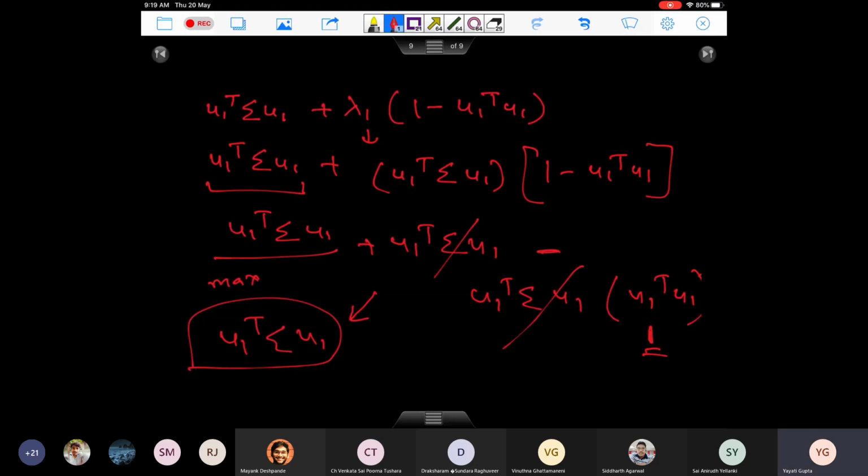Whatever value of lambda 1 came out, this ensured that we are left with only the first term. And this is what Lagrange multipliers tell you, the complementary condition of